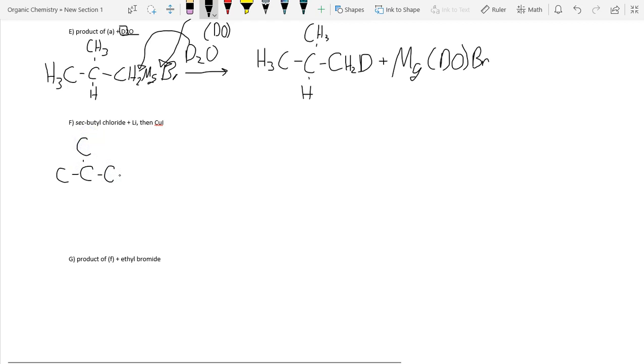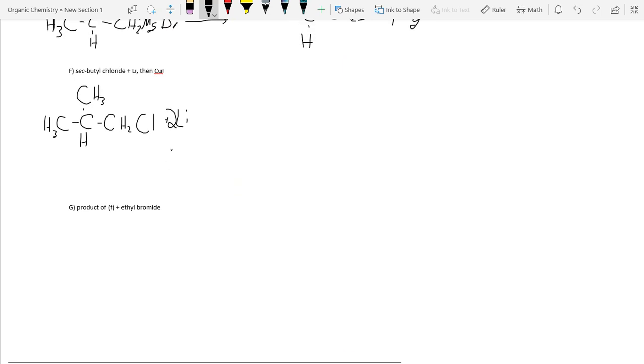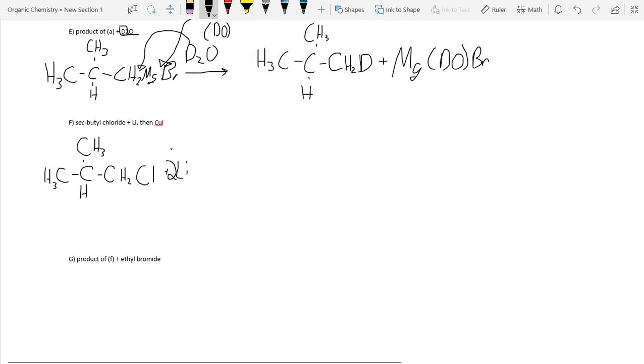So the sec chloride means there would be H2 and Cl there. And you're going to add lithium. I believe that it should be 2 because we need to write balanced equations. So in order to do that, you would need to have 2 lithium. And what's going to happen, you're going to have